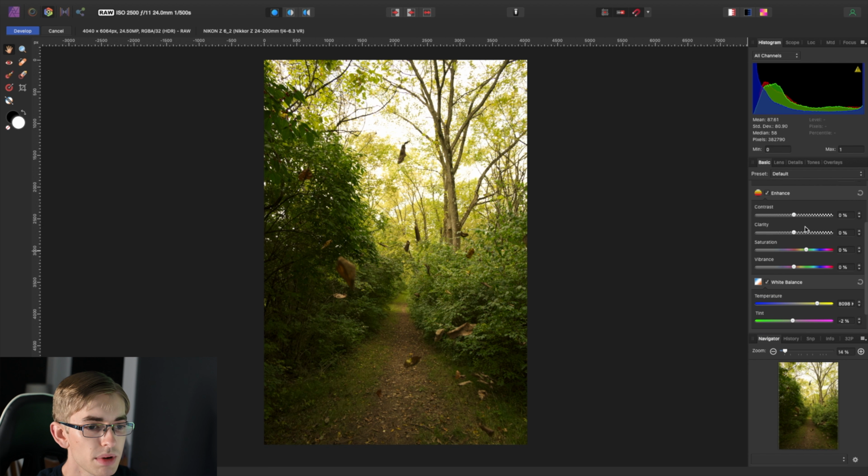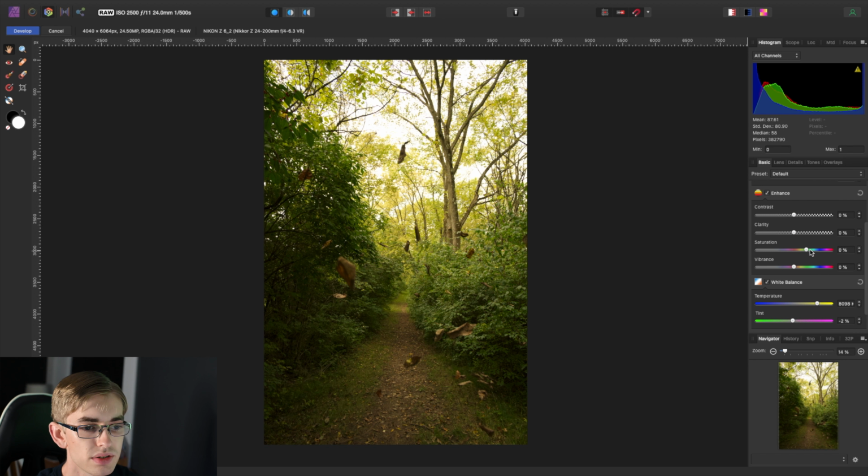Now we'll come up to the saturation and vibrance. So this is the amount of a particular color. Saturation, when you increase it, is going to increase the amount of color across every color in the image, while vibrance, on the other hand, is going to increase the amount of color just in the more subtle colors in the image.